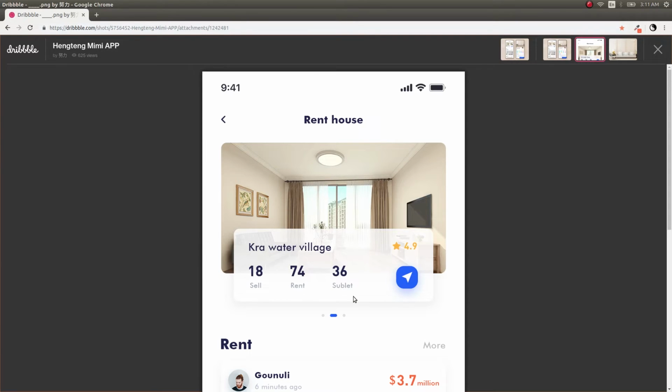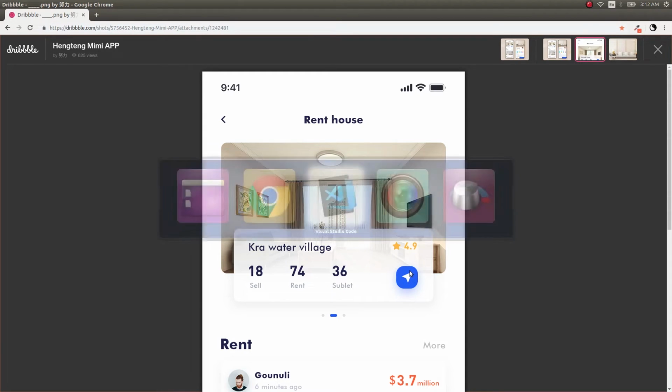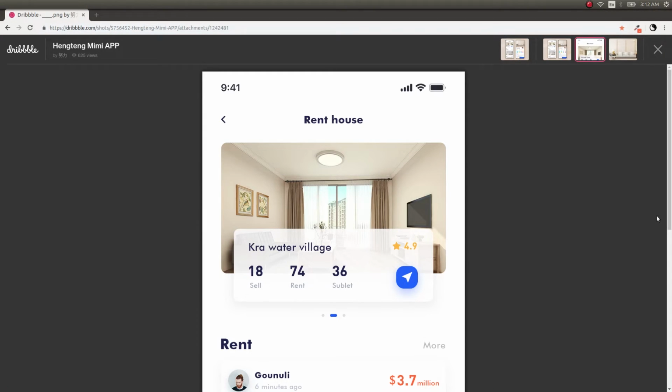How I'm going to be tackling this is I'm going to be having a big row, and inside that row this will be the first element and this will be the second element. As you probably guessed it, this is going to be a column and this is going to be another column. Okay, the column will have this text and these three particular statistics, whereas this column will be having this rating as well as a blue colored button. That's about it. So what I'll do is I'll stop the video here and then resume recording as soon as